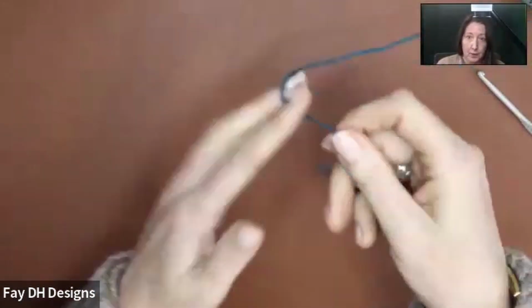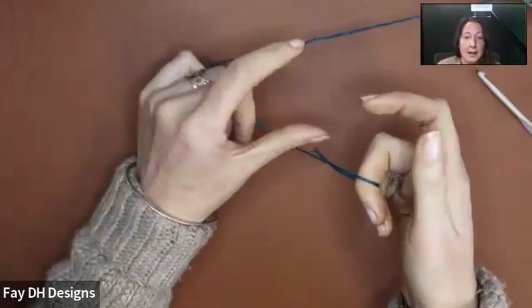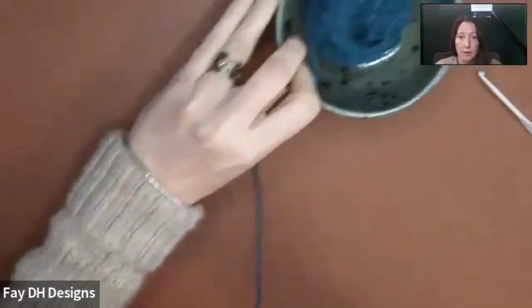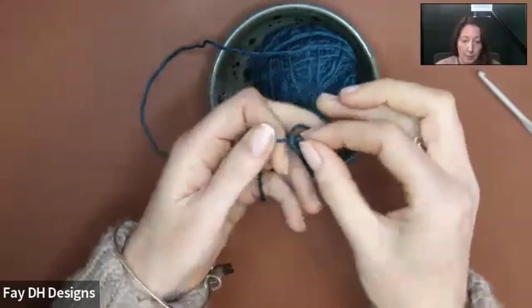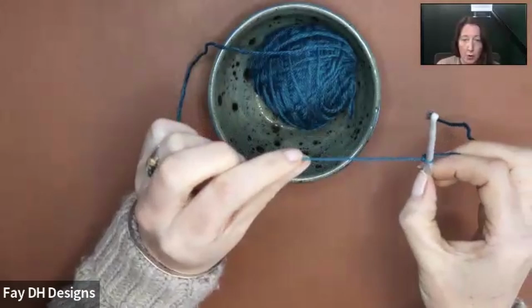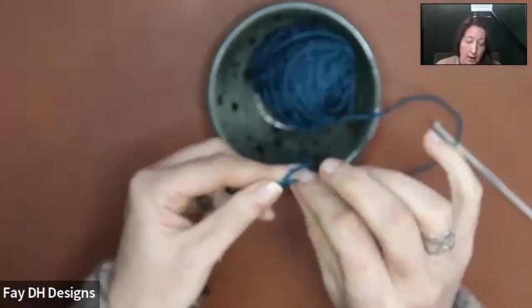Tip number two is about slip knots. So when you start a slip knot, it can be tempting to use the yarn end to pull through. I'm just going to show you how I do it. And it's not the technique of how I wrap it around my thumb that is important. It's the fact that I am using my working yarn, which is the one that is attached to my cake of yarn, that I am pulling up and through my loop. And what that does is means I can actually tension it onto my hook, and that then remains as a loop. If I do it the other way around and use my yarn tail rather than my working yarn,